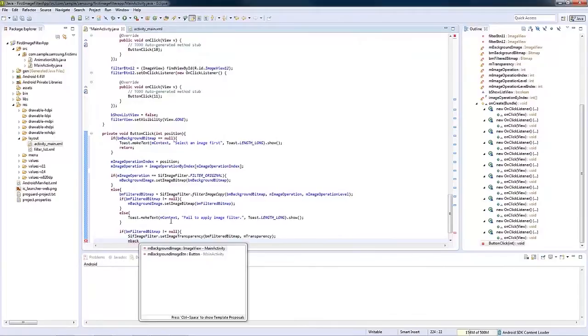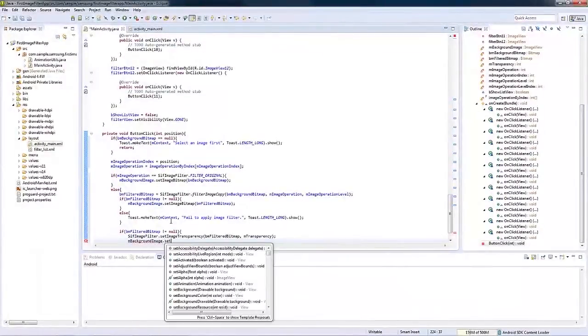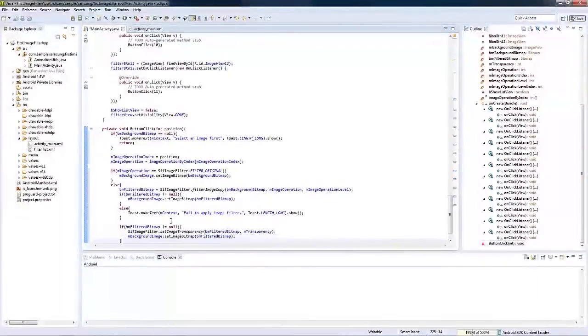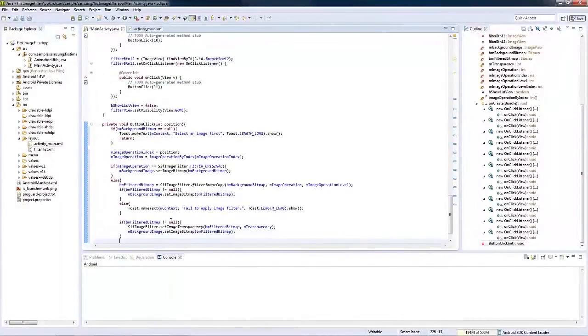Of course, set the image view to the resulting image, then reset the transparency value.